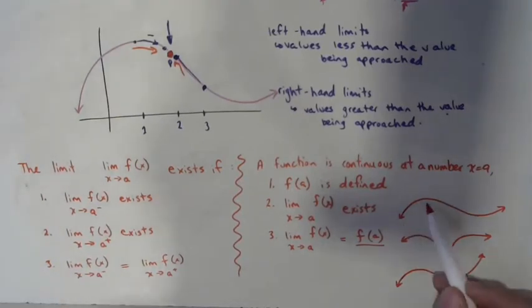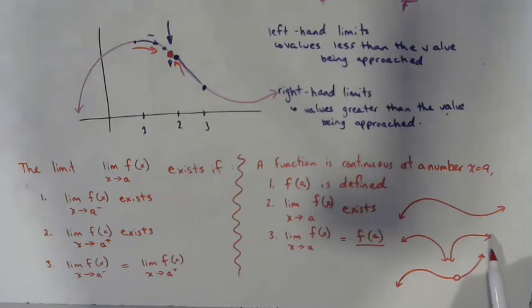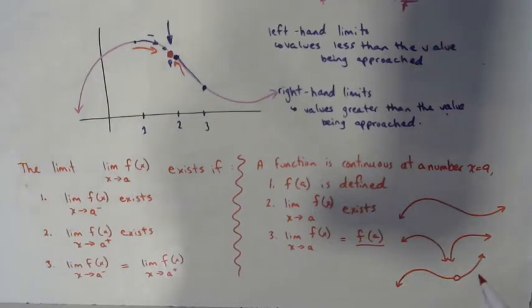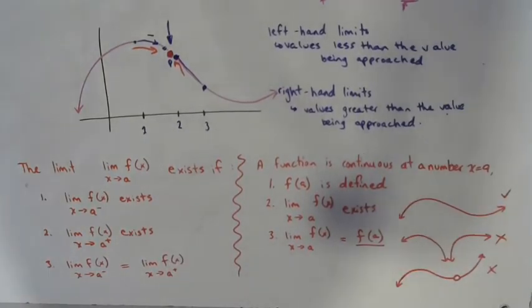So again, this is a continuous graph. This is discontinuous. And this one has a discontinuity. So neither of these are continuous. They might be continuous at a given point, but the graph overall is not continuous. This one, however, represents a continuous graph for all values of x from the set of real numbers.